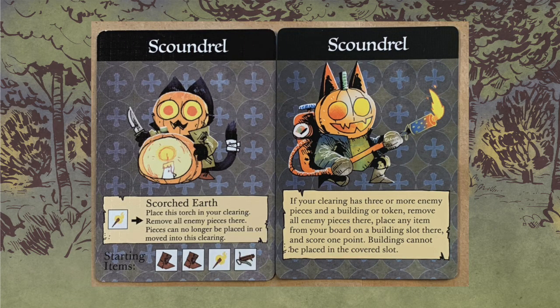Actually, let's flip this around and go human inspiration first. So the human Scoundrel. Obviously, all the specials are going to require you to tap, exhaust your torch. So place this torch in your clearing. Remove all enemy pieces there. Pieces can no longer be placed in or moved into this clearing. So they nuke a clearing. They get all the points for any cardboard that's destroyed. The clearing is just...